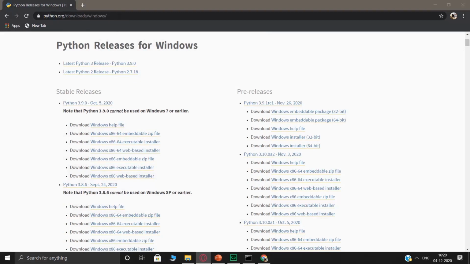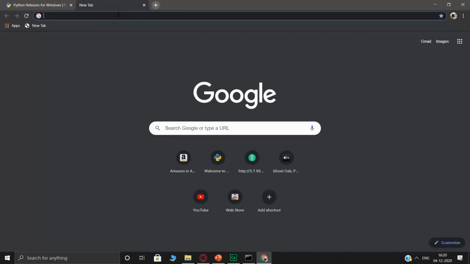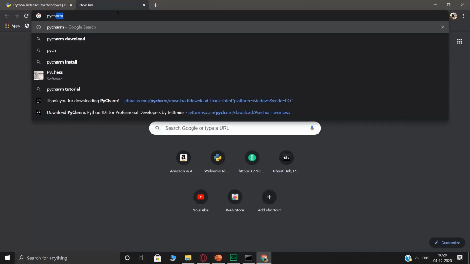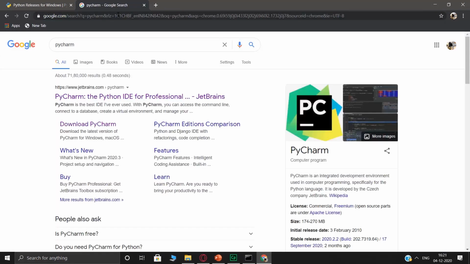There are many examples of a Python IDE, but the Python IDE that I prefer using is PyCharm, and this is one of the most popular ones right now. Earlier there used to be Notepad++, which was used heavily. So there were many other options available. Even Visual Studio Code could be used, but nowadays people are moving into PyCharm.